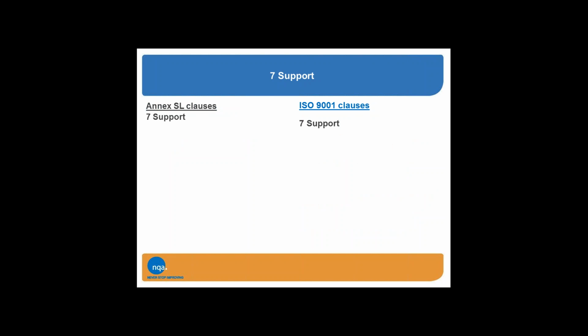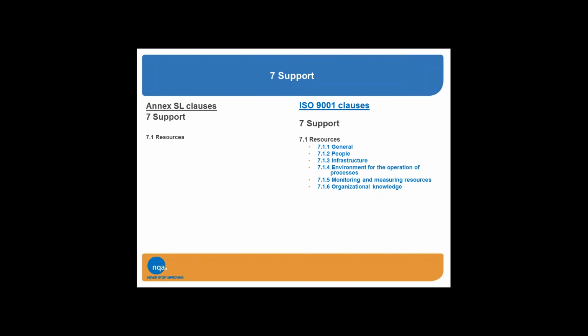Clause 7, support. Again, looking at our Annex SL generic management system requirements around this, we have a need for resources, and we have that same need in 9001, not surprisingly. However, within 9001 we now have some additional requirements over and above Annex SL. We have these